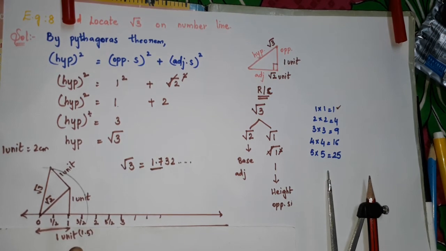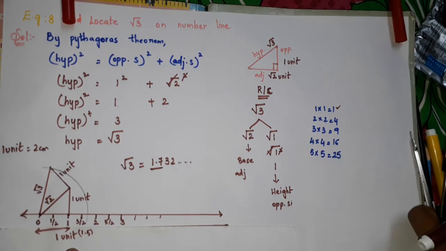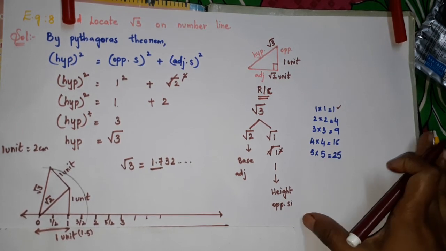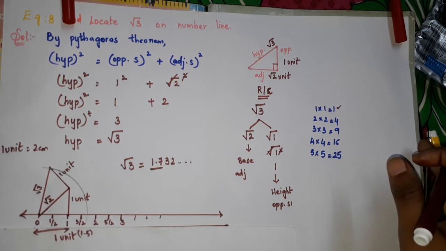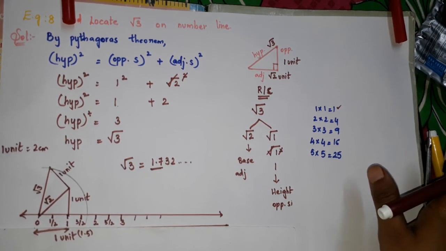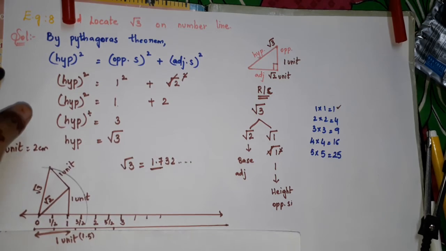Now children, this is your example 8. I hope you all have understood it. First you have to do √2, then you will get the √3. Now children, I hope you all have understood it. One more thing, see here,